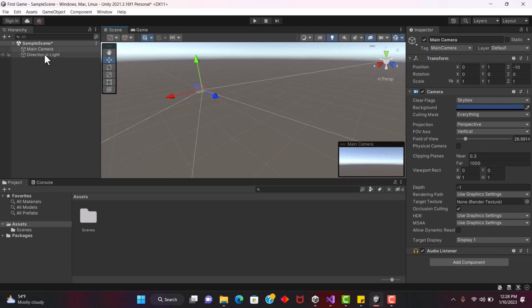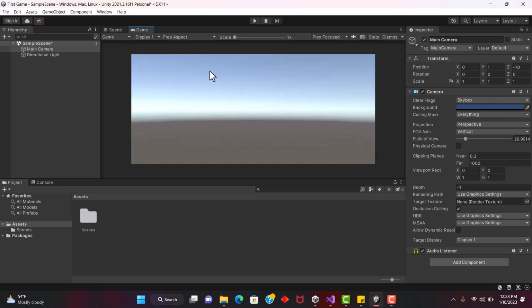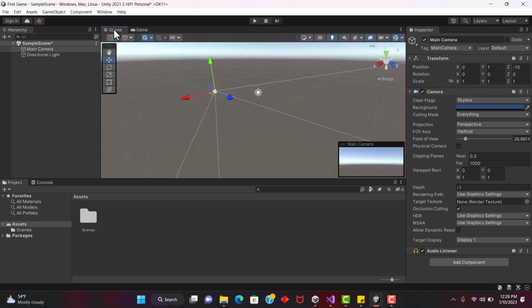This was added by default after creating our very first project that we named First Game. The scene view displays the game objects in the 3D environment. So currently we do not have any other game object other than the main camera and the directional light in the scene view. The game view displays all the game objects that were captured through the eyes of the main